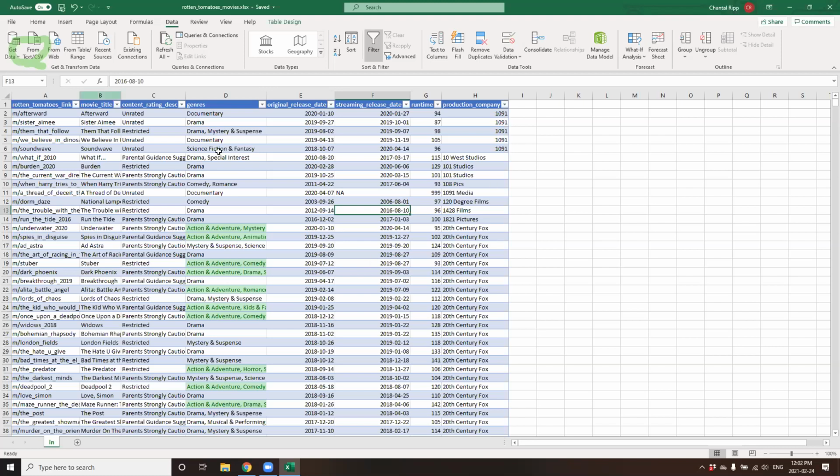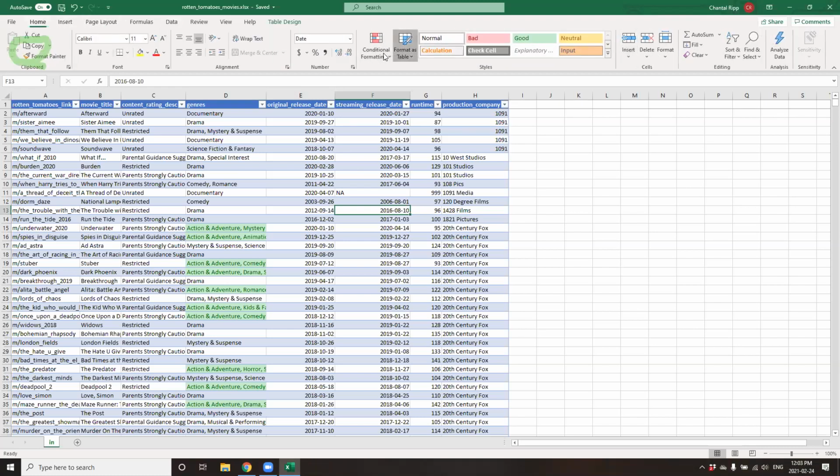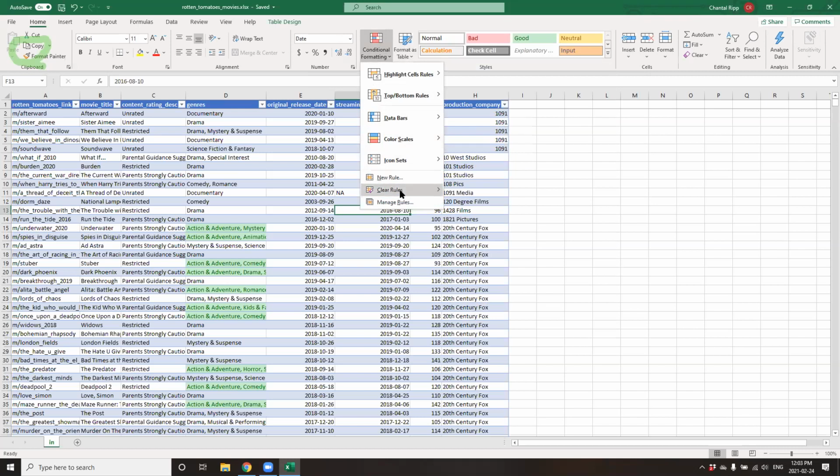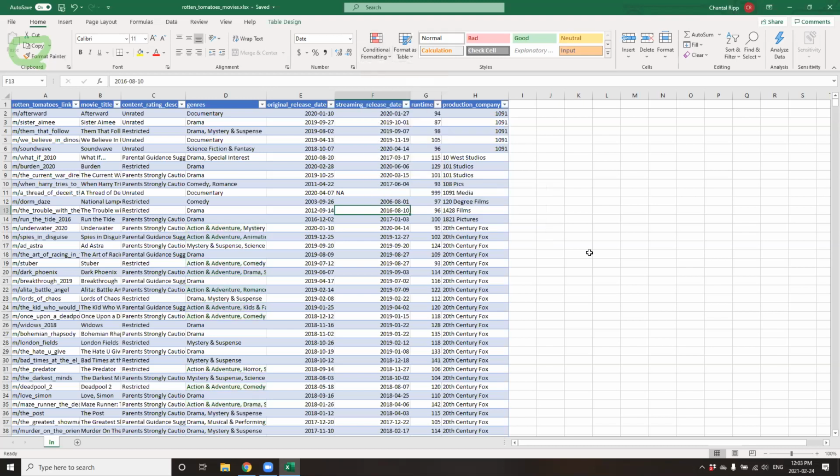So now that we've had a chance to play and explore some of our data sets, back at home I'm going to remove the conditional formatting so we come back to our original table. Clear rules, you can clear the selected cells. So if I were to just highlight column D again, it'd remove the highlighting, or I can clear the rule from the entire sheet or the table. I'm going to remove my conditional formatting from the whole table.